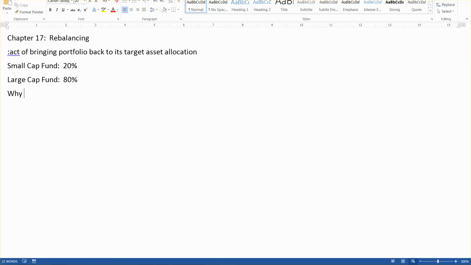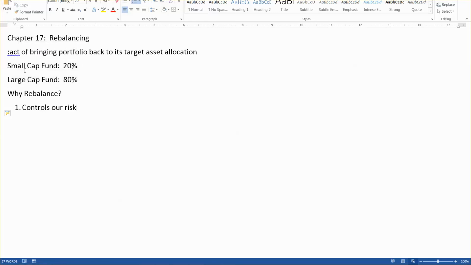So I want to talk about why we should rebalance in the first place. First, it controls our risk. That's actually the main reason to rebalance. We made this decision as to how we wanted to allocate our funds based on how much risk we were willing to take and what returns we wanted to achieve. We might want to achieve higher returns, but A, that might be impossible, and B, the risk level associated with those higher returns just might be more risk than you're willing to take.